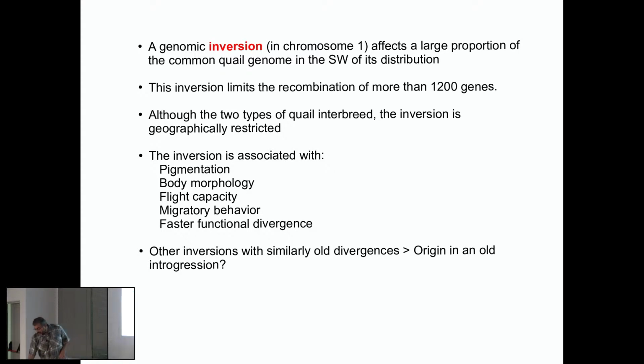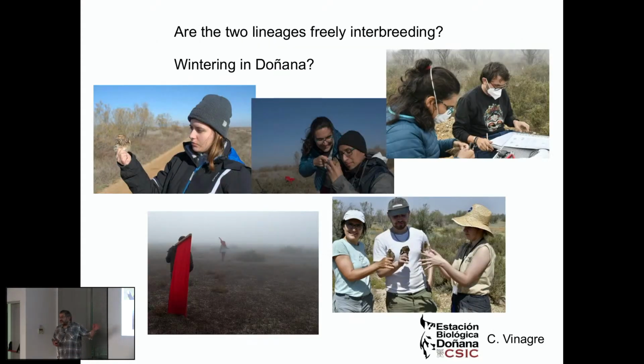This is part of the thesis of Celia, looking at what is going on with these populations. Celia and, of course, Inés have been looking at the quail populations, focusing on Doñana, trying to see all year round. We have been capturing lots of quails during winter. Who is there in winter? Do we have only these quails with inversion? Or have those gone maybe just to Morocco, and what we have are quails that are migrating from Northern Europe? Is what we have in winter in Doñana really a resident population?